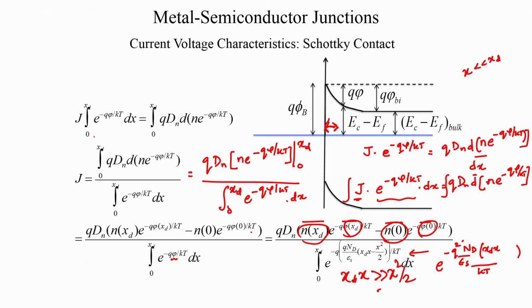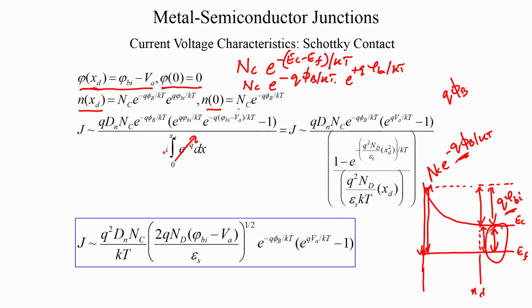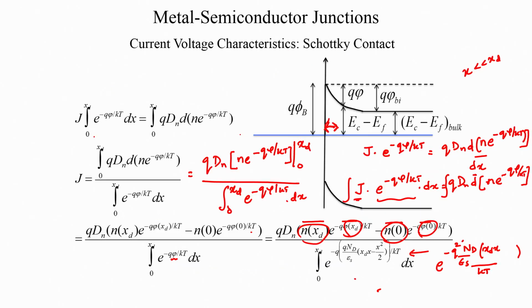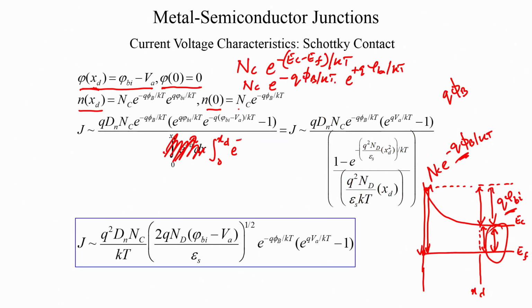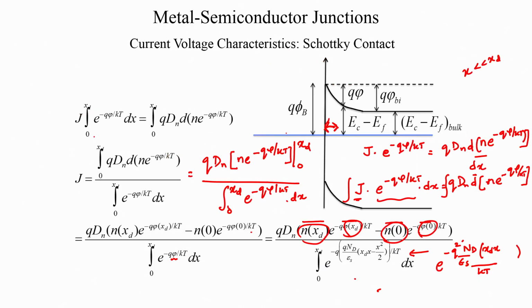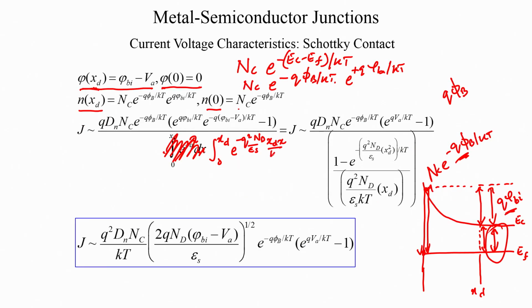So, I am going to simplify that expression to this term, okay. So, we are going to write, so there is a typo here. So, I am going to rewrite that expression. I am going to say 0 to xd e to the power, okay. So, let me just make sure I transfer it correctly, minus q square nd by epsilon s xd x by kT. So, that should be the expression here,